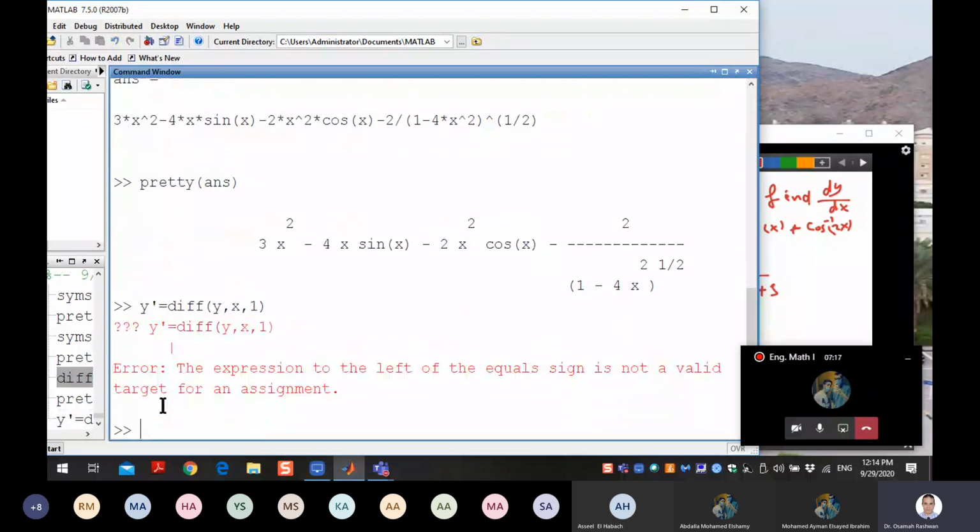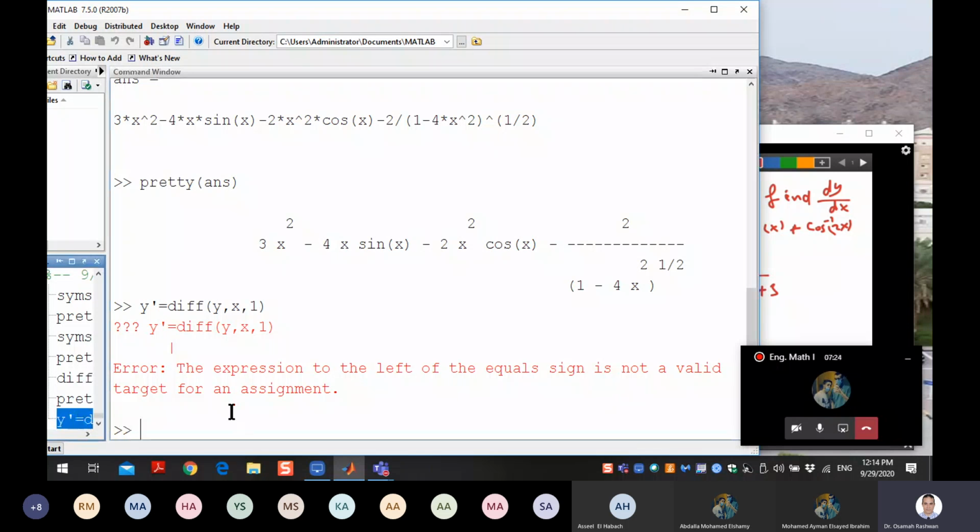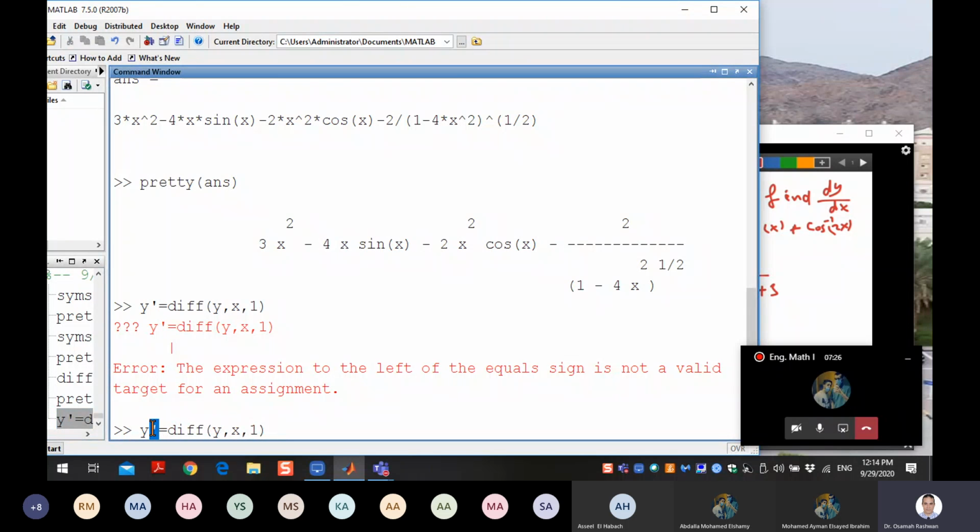Oh, he doesn't accept this dash because there is a function called dash, which is a transpose. So it does not accept this as a dash. I'm just saying y x. So it's a derivative with respect to x, the first. He doesn't accept space, the first